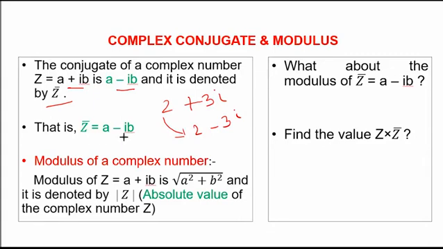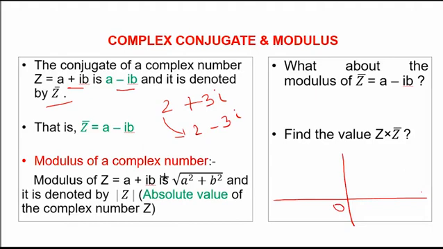Similarly, here z bar is equal to a minus ib, the conjugate of the complex number z is equal to a plus ib. Now, modulus. How do you find the modulus of any complex number? Let me take a general complex number z is equal to a plus ib. What about that modulus? Root of a square plus b square. How has it come to be root of a square plus b square? Let me take a real axis system. One is the real axis, x axis, and another is the y axis. This is the origin. Thus z is equal to a plus ib.